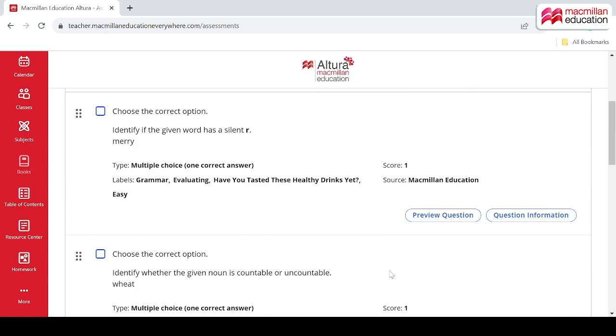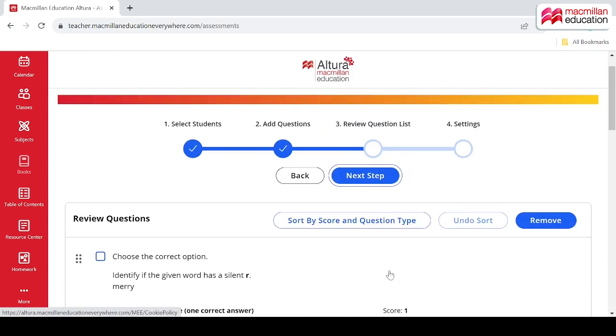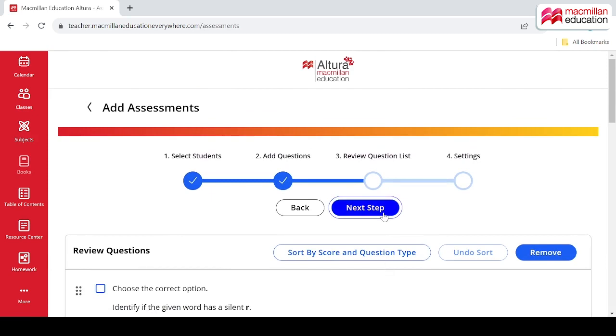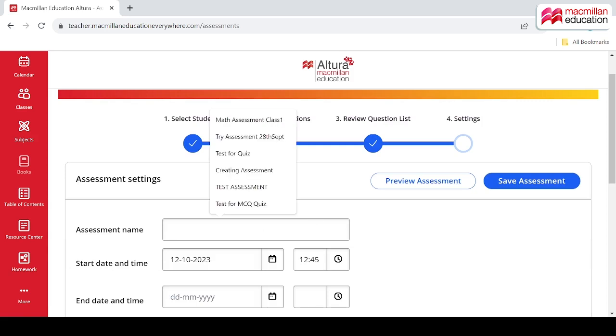Here I can review my entire question list. The moment you have reviewed the entire question list, you can go on to the next step. Before going on to the next step, you can sort your questions based on the score or the question type. The settings part will have